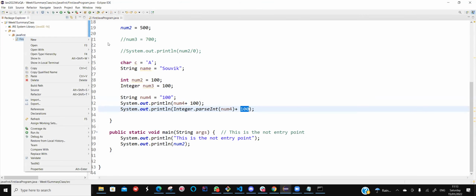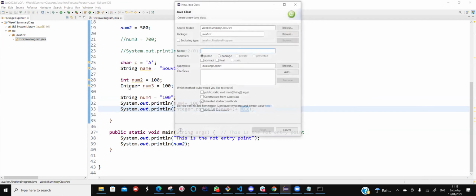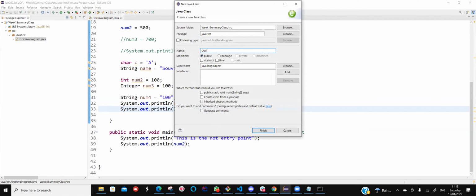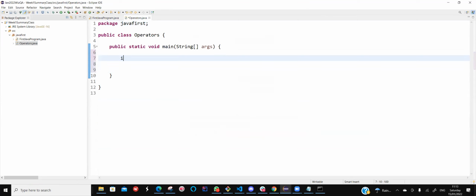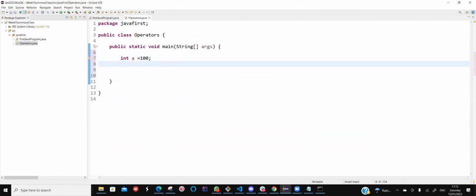let me create a new file again. Class operators with the main method. All right. So you're going to declare two numbers, int a equals 100, int b equals 200, or maybe 300, right? And then you can,